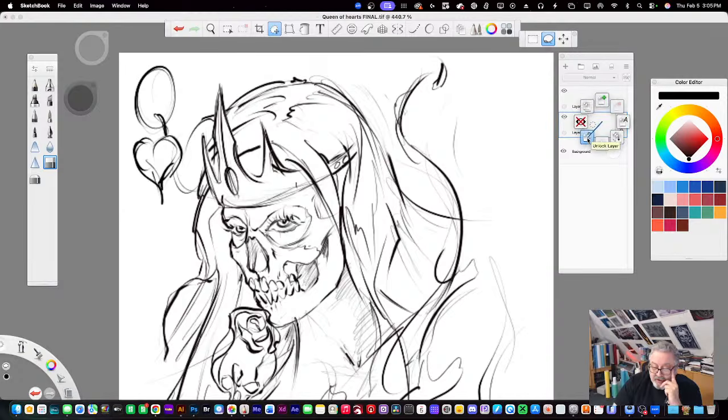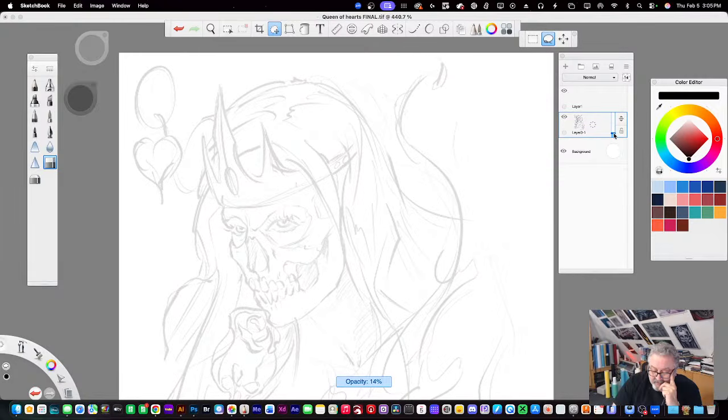Oh, actually I have to unlock it first. With this program you just click and drag to lock or duplicate, add new layers, but that's all in here. Merge layers down, rename layer. That's all the basics. What I like to do is lower the opacity so it doesn't read too much into what I'm doing. And then I lock the layer. Now I can't click on it, I can't edit it, I can't mess with it. I work on the next layer here.